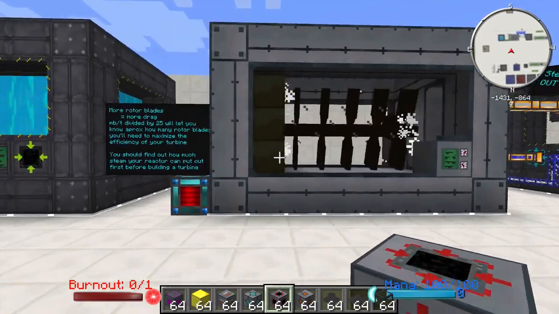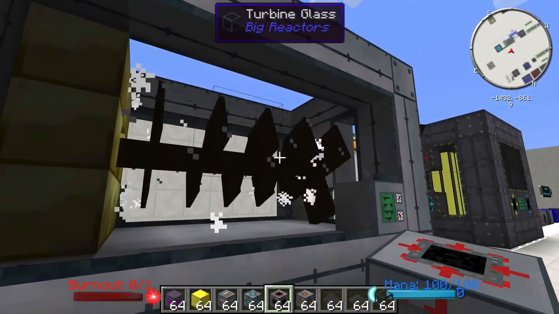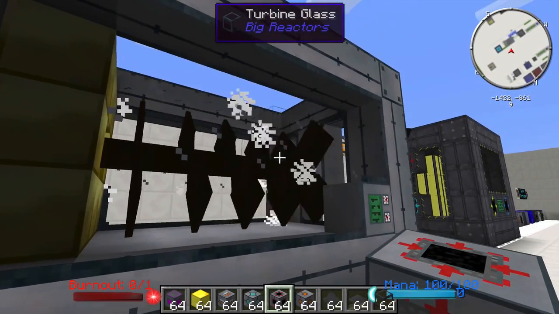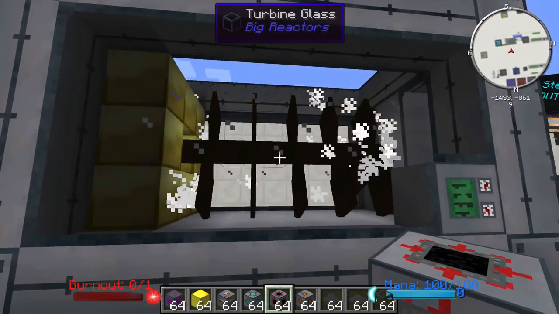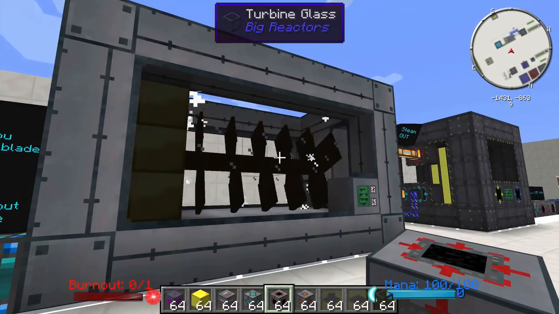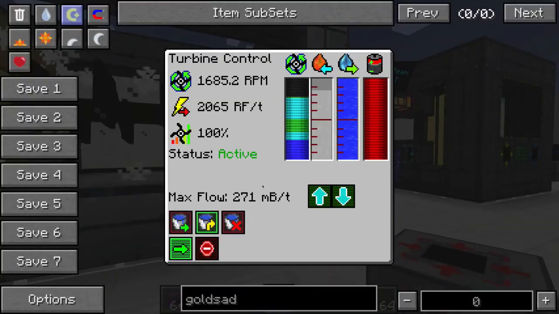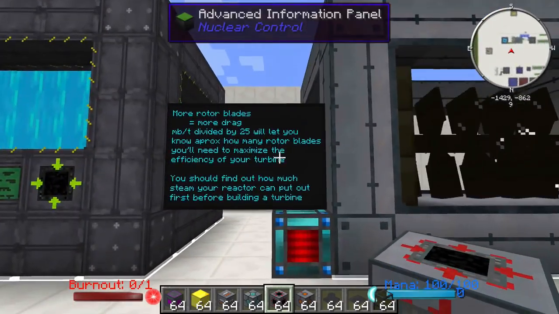Now, one last thing, the amount of blades, the turbine blades. You see in there that I have 11. There's 3 on that very first rung, and then it's 5 long, 2 on each side, plus a third in there. And I got 11 because basically I took the 271 and I divided it by 25, excuse me. So,